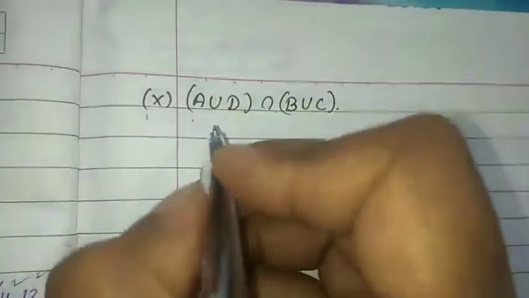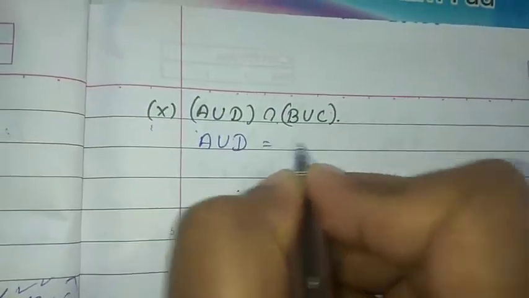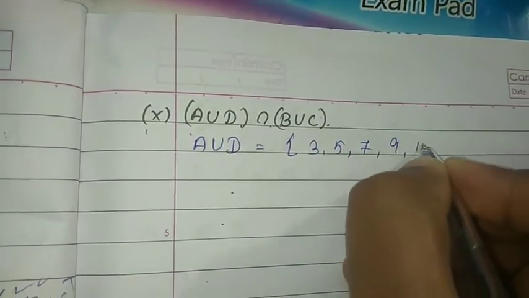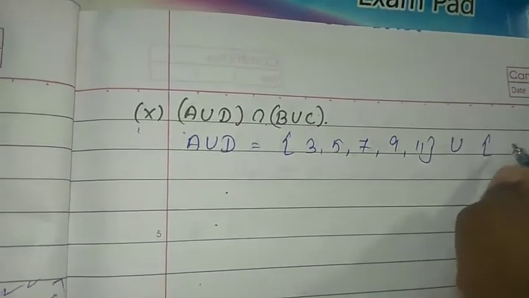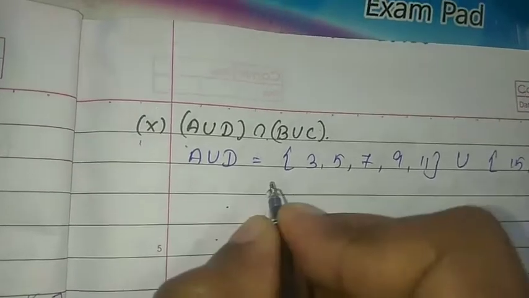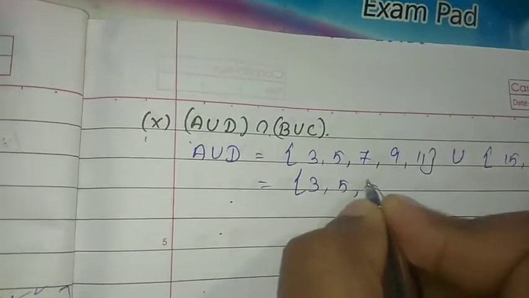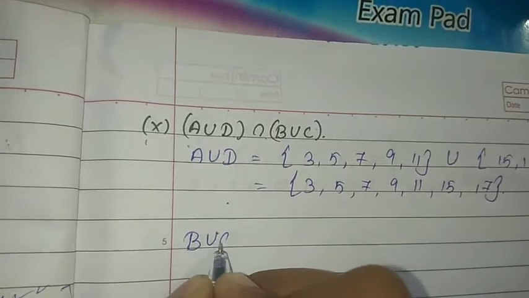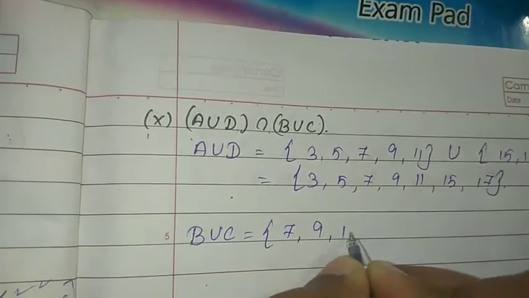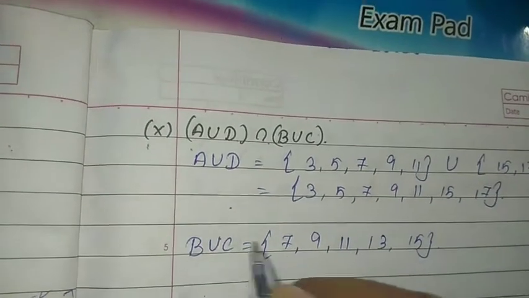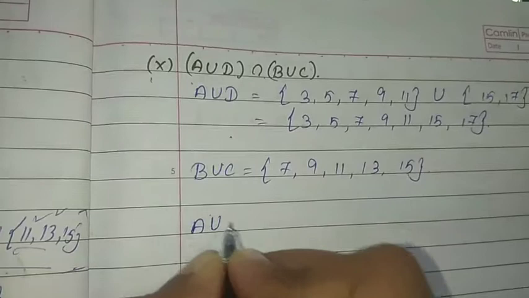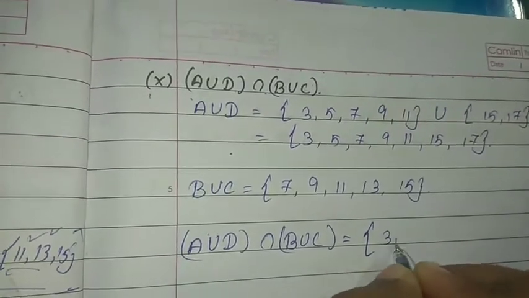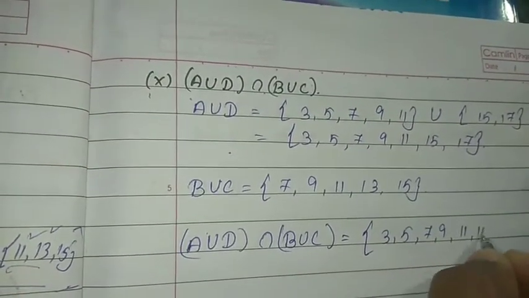Next subdivision, A union D intersection B union C. So A union D only we have to find. So A union D is equal to, what is my A? 3, 5, 7, 9, 11. Union D is 15, 17. So therefore my set will be 3, 5, 7, 9, 11, 15, 17. And I already know that B union C is equal to 7, 9, 11, 13, 15. So I have to find these intersection, isn't it? So A union D intersection B union C is equal to 3, 5, 7, 9, 11, 15, 17